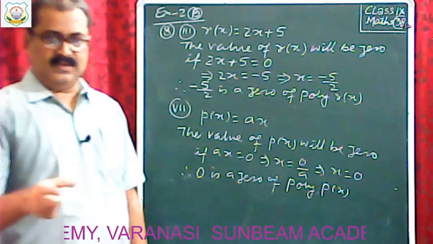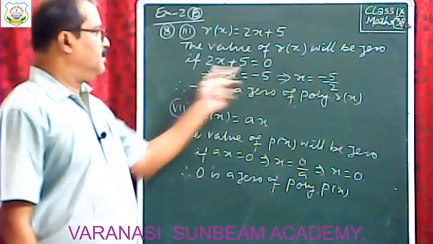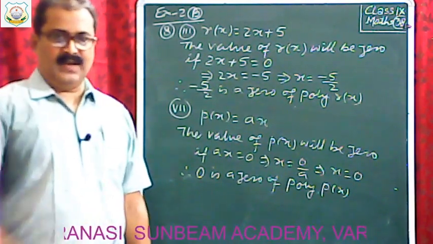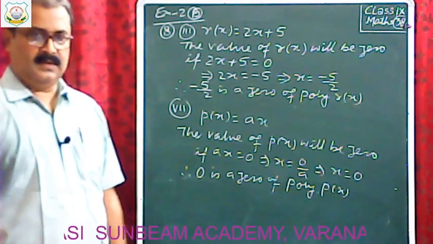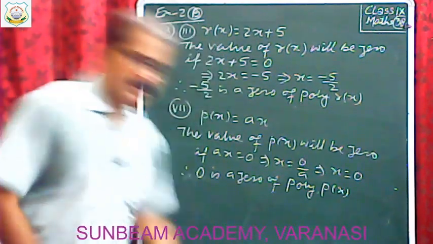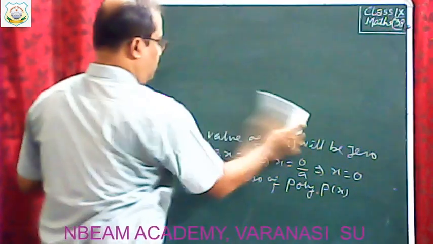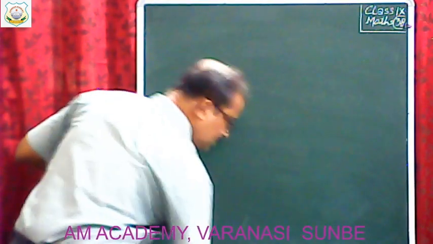One polynomial is given. You make the equation of the polynomial and thereafter equate to find the value of the variable, which is the zero of the polynomial. Clear? This much only. Do the introductory exercise first, thereafter you proceed to the remainder and factor theorems.